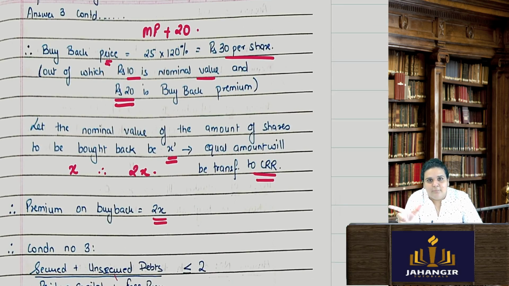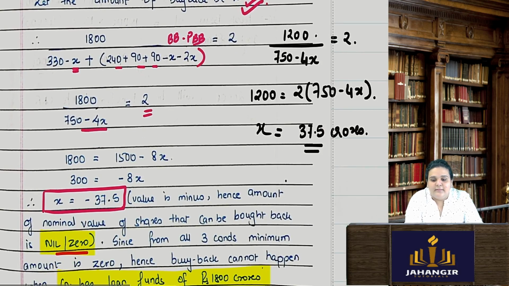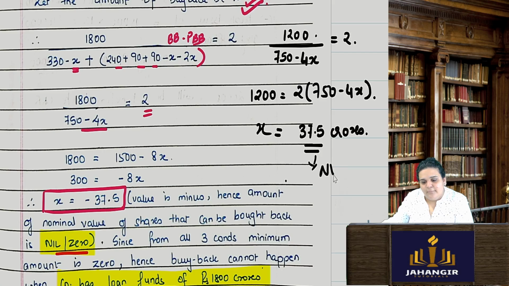In the third situation, it is nothing. You have to just find the nominal value, which is already given in the sum, and the premium on buyback. The amount of the nominal value can be assumed as x. Therefore my premium will be 2x. Once I put this in my equation, I'll get my value x. X is nothing but the total amount, in crores, in rupees, not number of shares. Nominal value of the shares that can be bought back is x. Out of those three, this was my least condition. I divided that with my nominal value. I got my number of shares to be bought back.